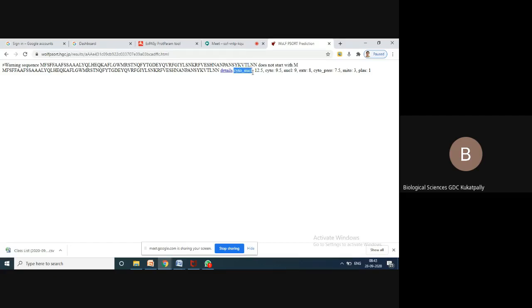Yes. So this is the sequence that you have submitted, and these are the details it is giving you. It will give you some probabilities. The probability of being in the cytoplasmic nuclear region is 12.5.